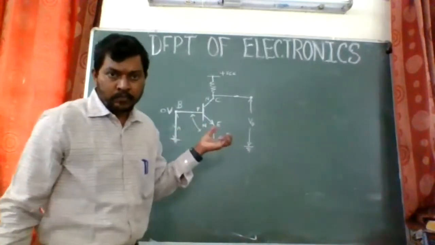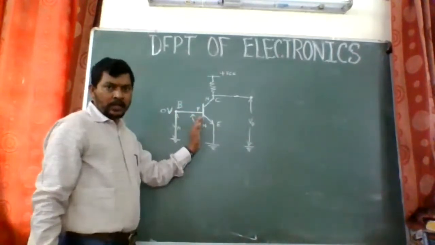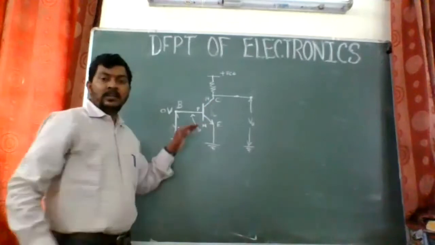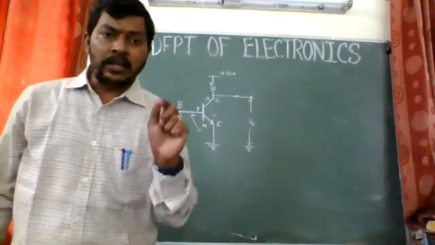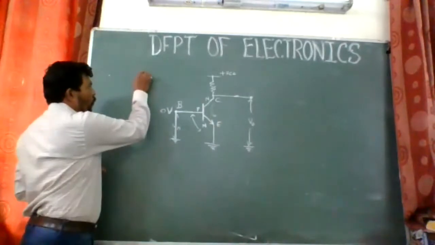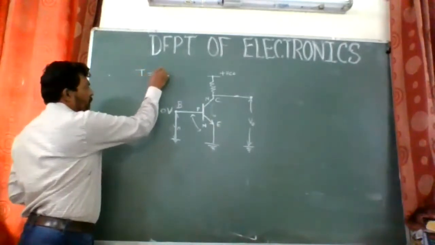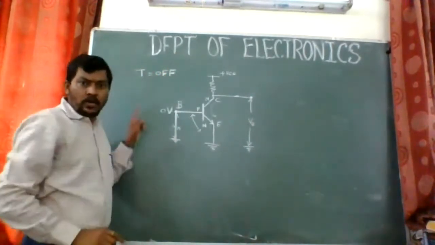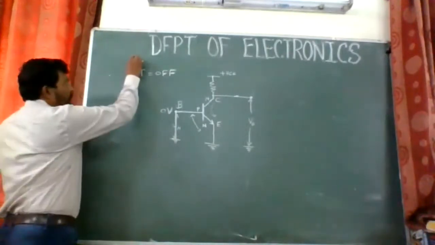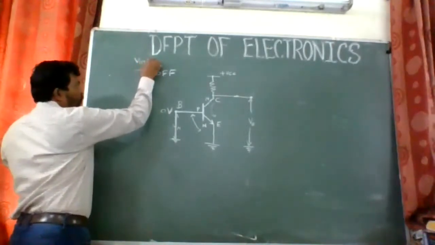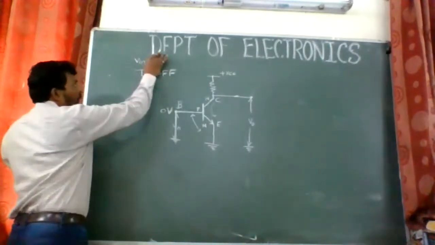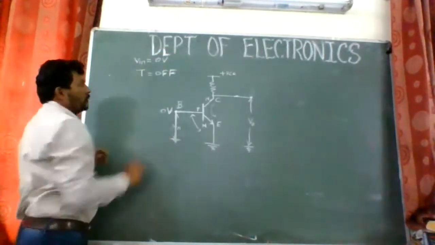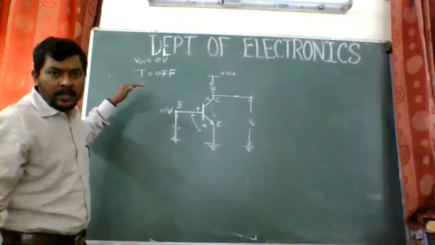It is not working. So if this is not working, then what happens? There is no current flowing through this transistor. Means the transistor is off. Remember this. So what I'm trying to tell you is the transistor is now off. So the transistor is off when we are applying the first condition, that is the input is supposed to be 0 volt. If it is 0 volts, then this transistor is not on, means the transistor is off.